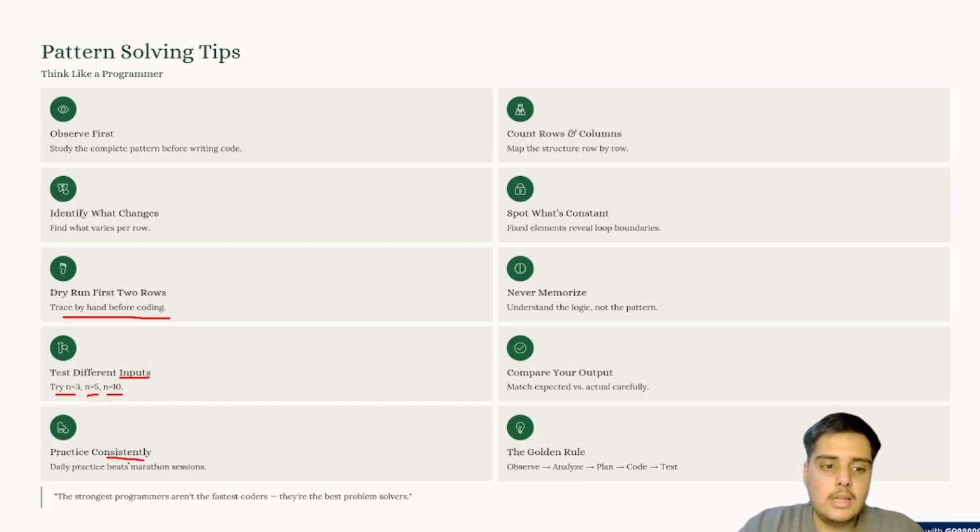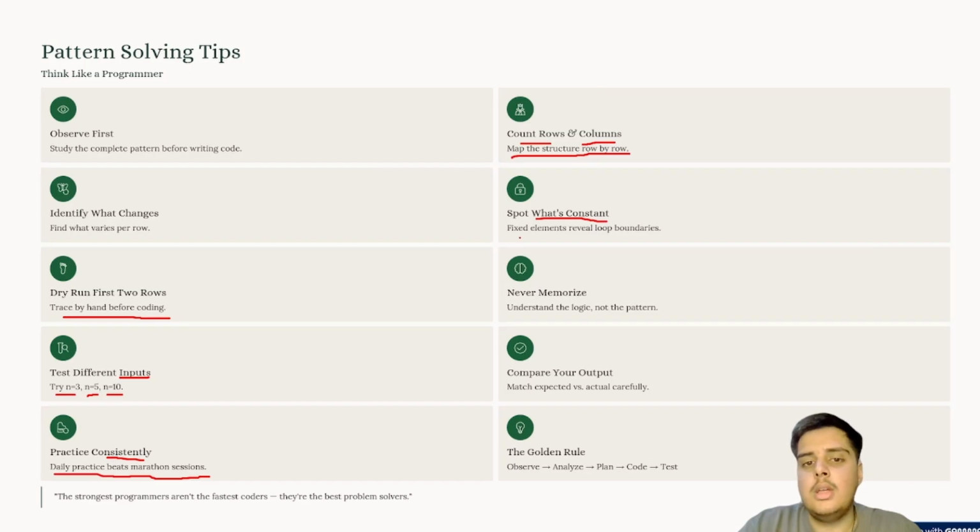Practice consistently. Daily practice beats marathon sessions. Count rows and columns. Map the structure row by row. Spot what's constant. Fixed elements reveal loop boundaries. Never memorize, understand the logic and note the pattern. Compare your output.